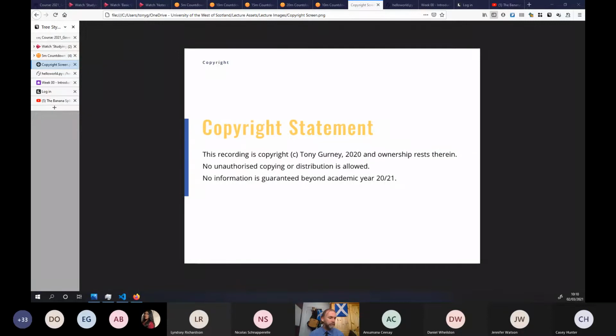So, sort of familiar format this week. I'm kind of not ignoring the lecture, but I'm not going to show you the lecture slides because it's basically a bunch of code. We're just going to do a code along. Feel free to code along with me. Feel free to make the same mistakes that I do. And we'll see how we get on. As usual, if you have questions, give me a shout, put them in the chat, do whatever.